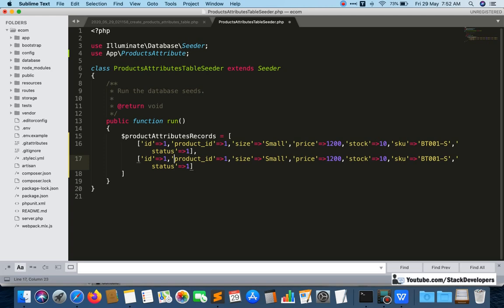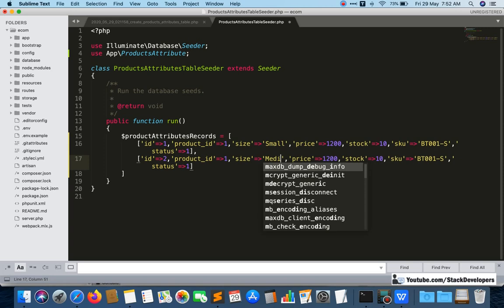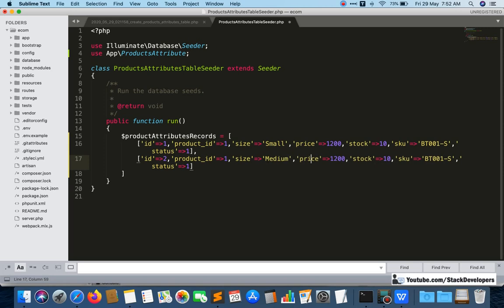One more we are going to add here, okay. I am going to make it ID 2, and product ID is 1, fine. And size will be medium this time, and price will be 1300, and stock will be 20, and SKU will be BT001-M, and I'm going to enable this as well. One more I am going to add, okay.